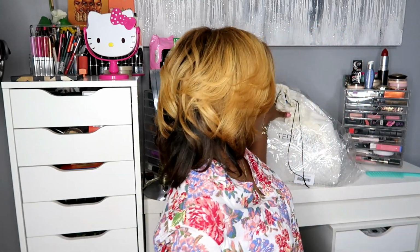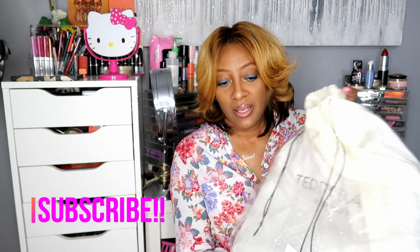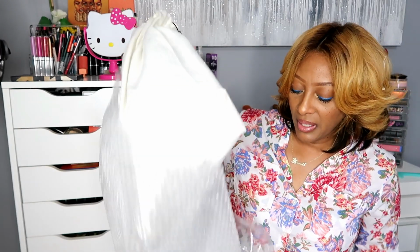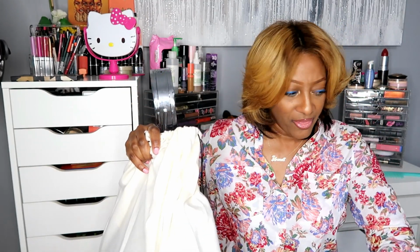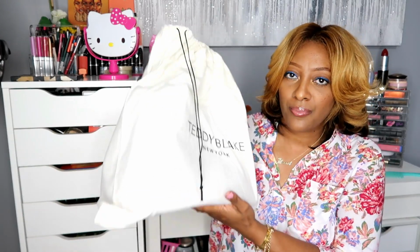But first I want to let you all know that this bag, when I peeked in, is called the BOS Roberta Blue Electric 115, and this is the small. It comes in a bigger size, but I decided to go with, I think, the 11 inch, if I'm not mistaken. These are designer handbags, and I like it because it comes with a cloth to protect it. I'm gonna open it up, and I went with